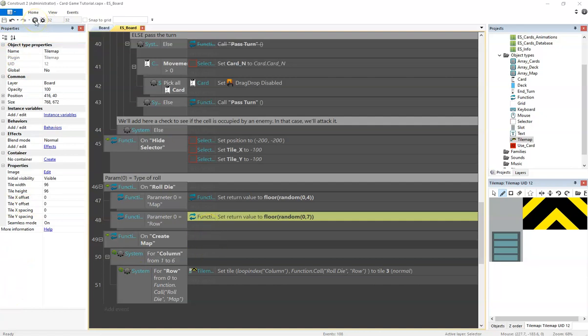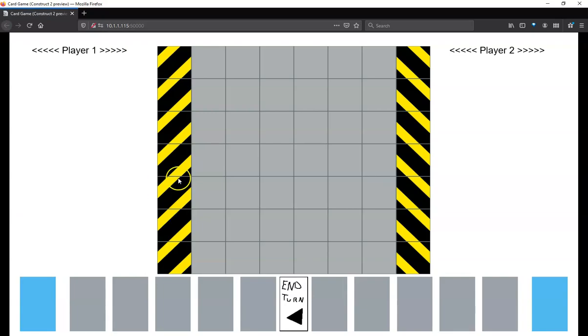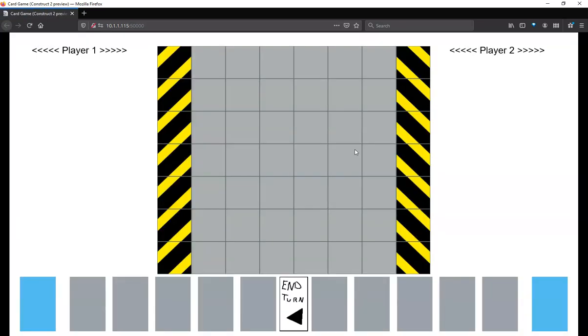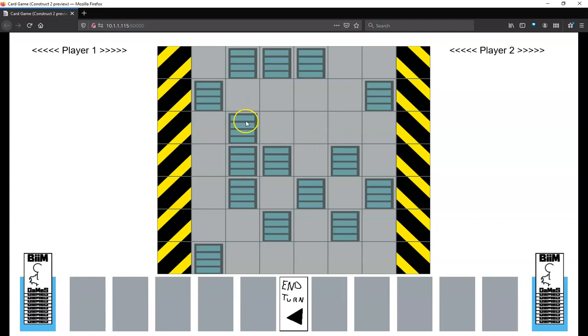Let's test. I'll just show you the difference now. As you can see, now we got a different result. So there is always at least one building on each column, because 0 as a result of the random die roll is still one loop, because the loop goes from 0 to 0 at least, so it creates the building at least once, and the maximum value is 4. In this case we don't have 4 buildings that have been created, but of course it can happen that we have more buildings. So if I refresh the page, let's see, in this case we have 1, 2, 3, 4